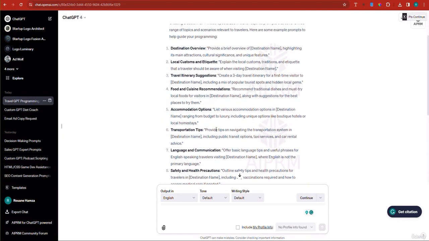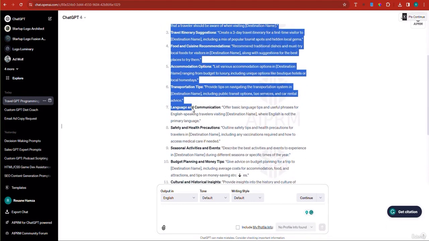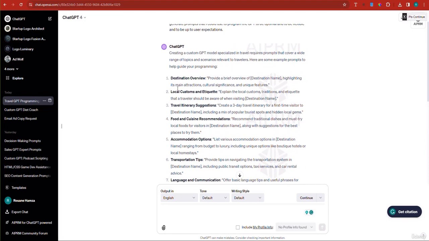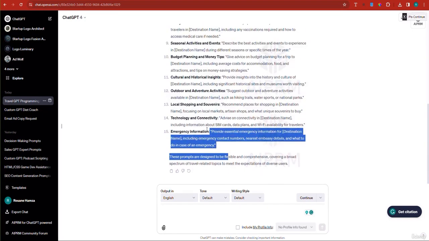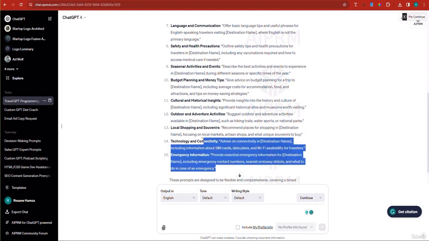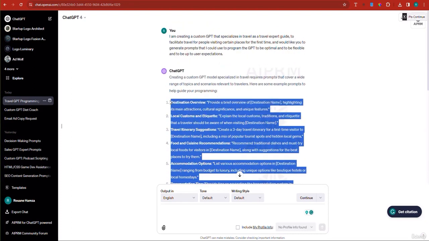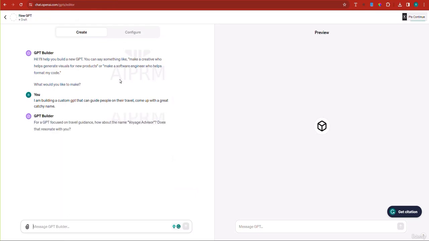All right. Now these prompts are too much, so what I'm thinking about is I'm just going to copy all of them at once, and hopefully it just takes it in. So we're going to program a GPT in one prompt. Now here, if we go back to the GPT, Voyage Advisor, I think that is a good name. Now publish it